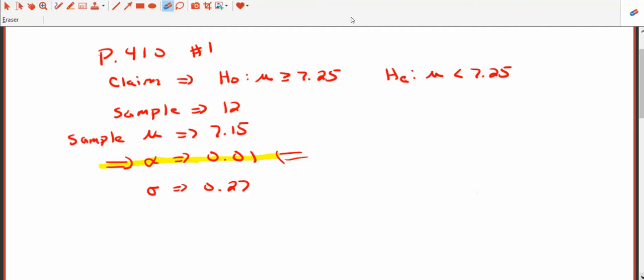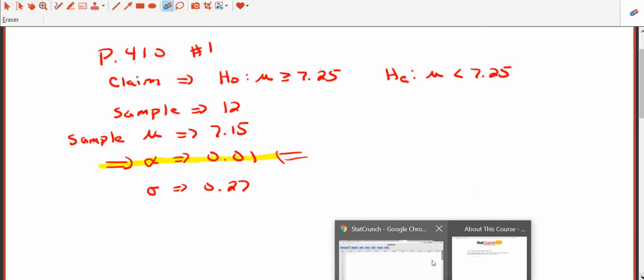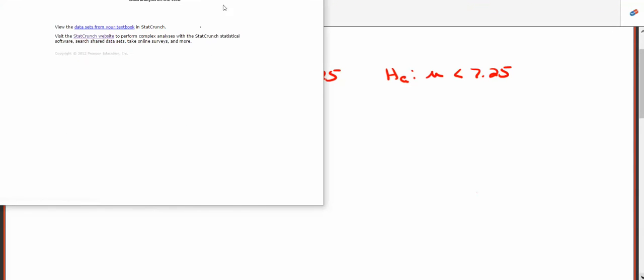So I'm going to tackle this problem by using StatCrunch and comparing the p-value that we come up with to the significance level. So we know we have a left tail test here. We can use the z-test. I'm going to choose to use the test statistic and the p-value to determine whether I reject or fail to reject the claim. So logging into StatCrunch, we would click on StatCrunch website,